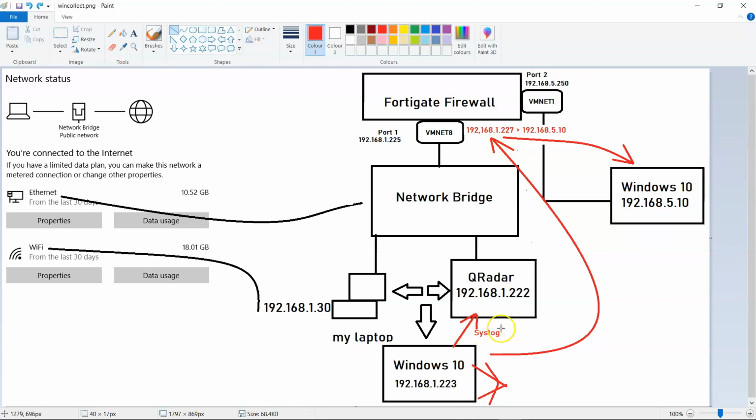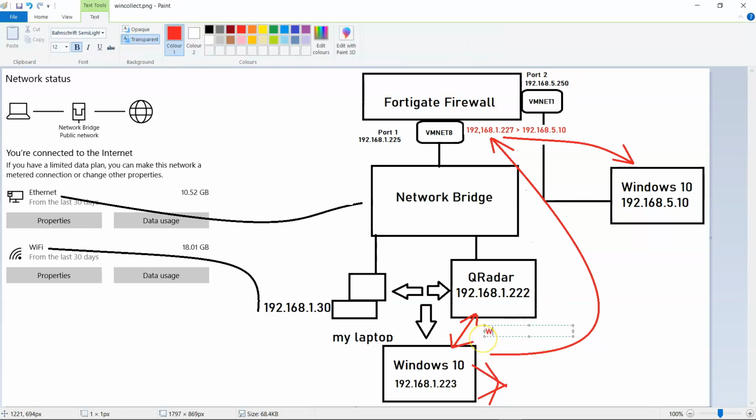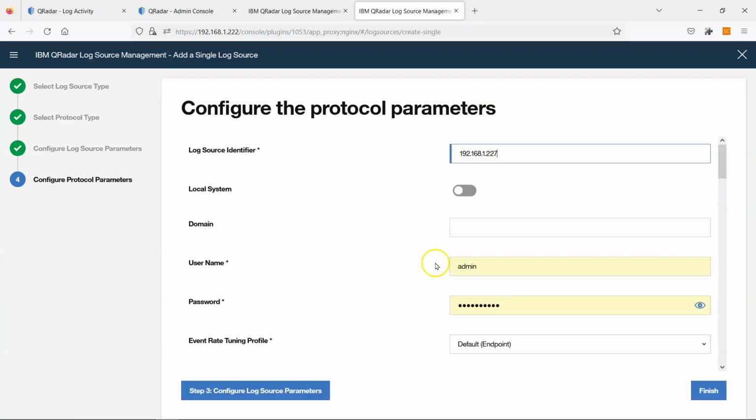So now guys, we are not using syslog. It's actually like a bi-directional thing. So this time I remove syslog. It's like a two-directional, okay, and the protocol this time is WinCollect, port 8413. Okay, so now we understood the IP is 227, the username is QRadar SA, the service account,